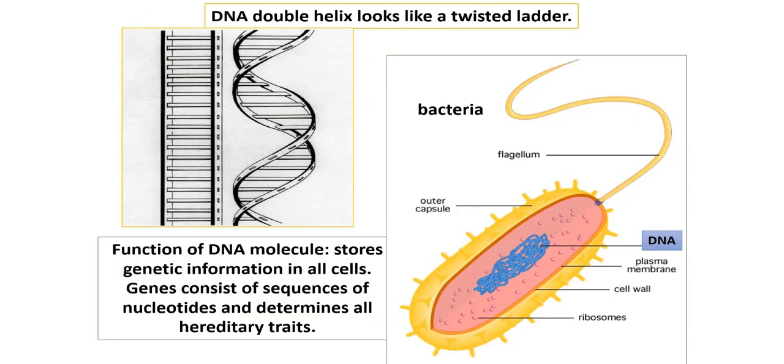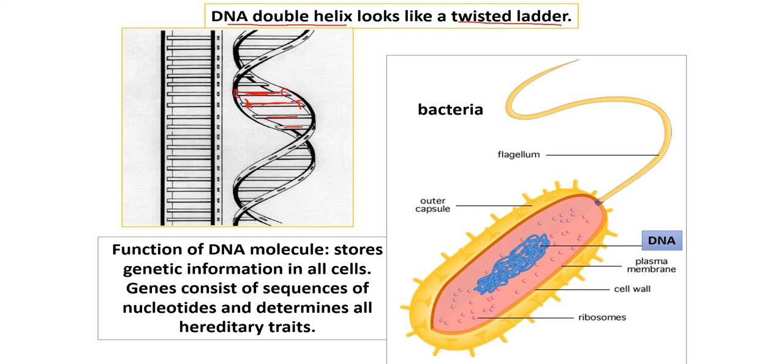So here we can see much better that the DNA molecule is a double helix, and it looks like a twisted ladder. And the stairs in this twisted ladder are the hydrogen bonds between nucleotides: A nucleotide here and T here, C with G, and these are hydrogen bonds attaching between them.